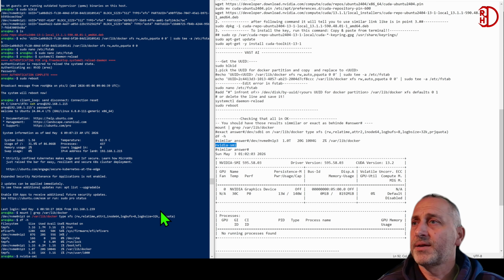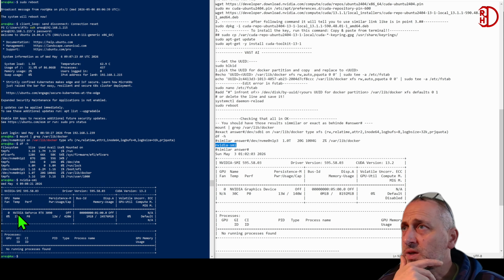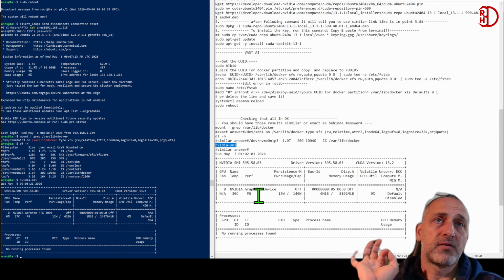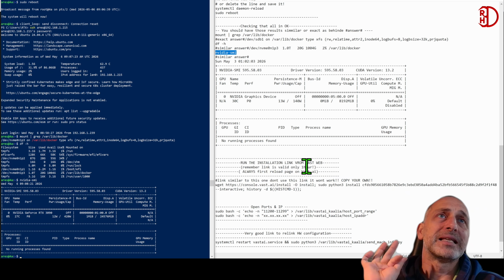Copy and paste, and voila, we have it. So we have now Nvidia GeForce 1390, same driver, same CUDA version, everything picobello. So now we will install